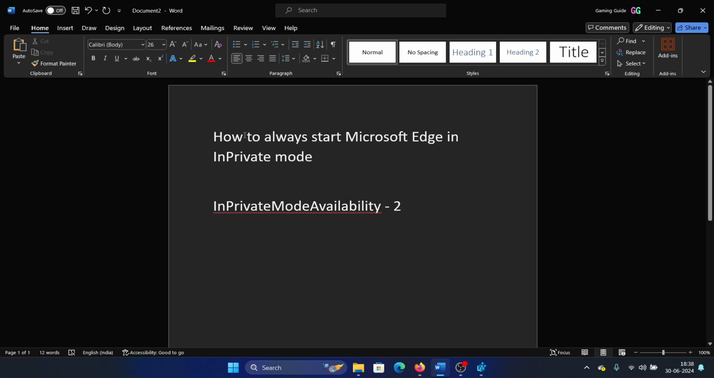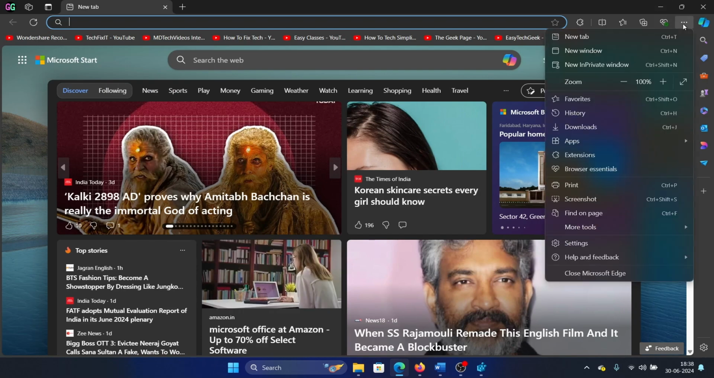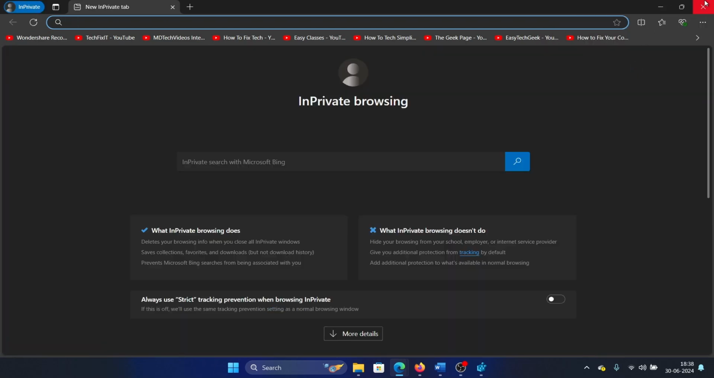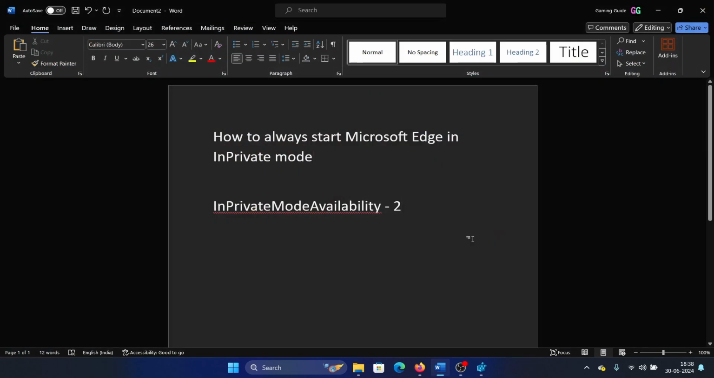Hey friends, if you wish to always start Microsoft Edge in the in-private mode, then please watch this video. So we can open the Microsoft Edge browser in the in-private mode, but there is no option to do that each and every time, I mean, such that it only opens in the in-private mode, but there is a registry